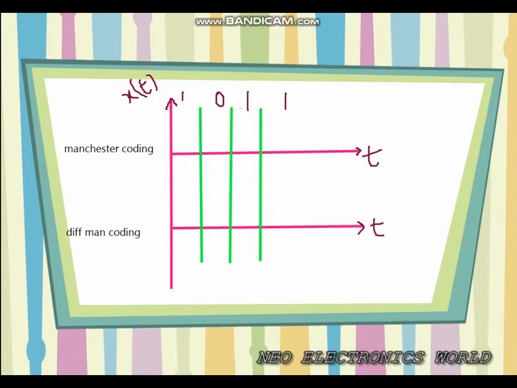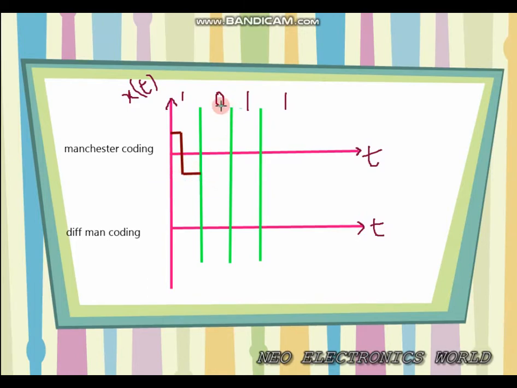Then what happens in Manchester coding is, as in the previous case, we'll have amplitude only up to the half time duration, and for one